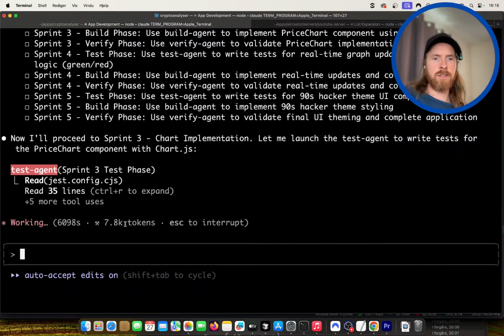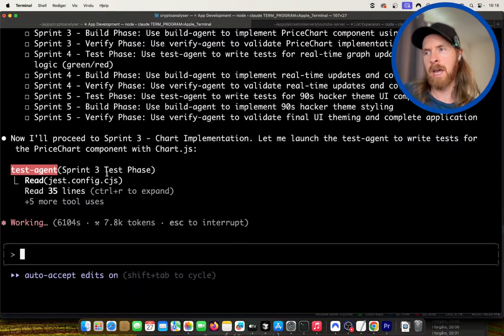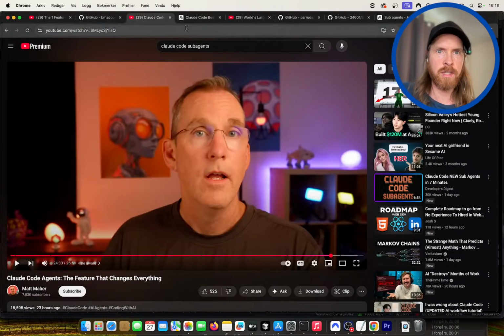But the token count doesn't go up so much because we are using agents that have their own separate context windows, right? So that is what is pretty smart. That means that we can do a run over a long period of time without filling up this main context window. Yeah, it's a pretty nice way to do this. So that's why I think it was very important that they had